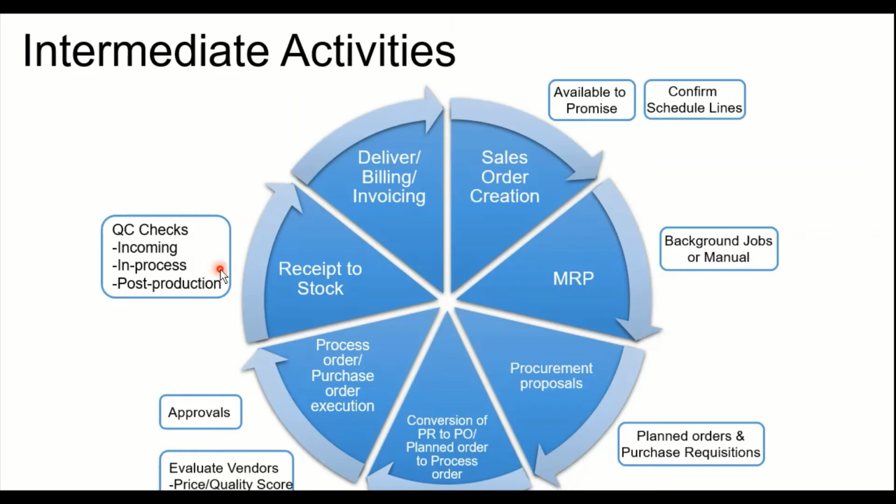And now at the delivery creation process, we also can have the pre-dispatch inspection, where the final check on the product, including the packaging, can be evaluated by the quality department. And then they're going to give a green signal saying that the product is ready for shipment and it can be moved out of the plant to the customer location. So that's about the make to order scenario, guys.